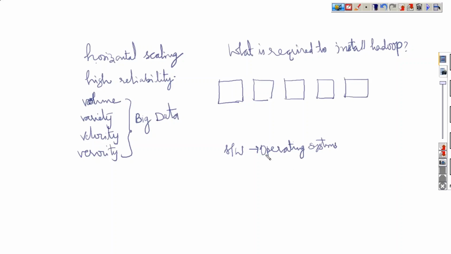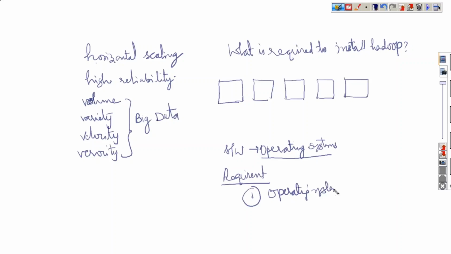So there is something called desktop. Without having an operating system, can we install any app or any software in a mobile, or in Windows on a laptop or desktop? Is it possible? No, not possible. Exactly. Even if you want to install Hadoop, one operating system is required. So the very first thing we require is an operating system.